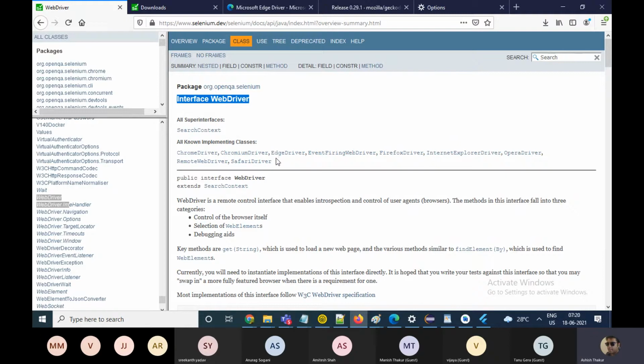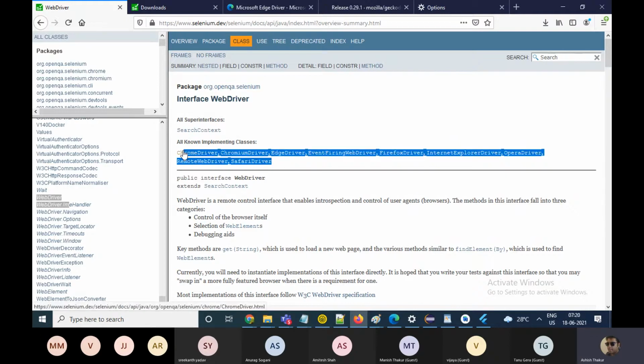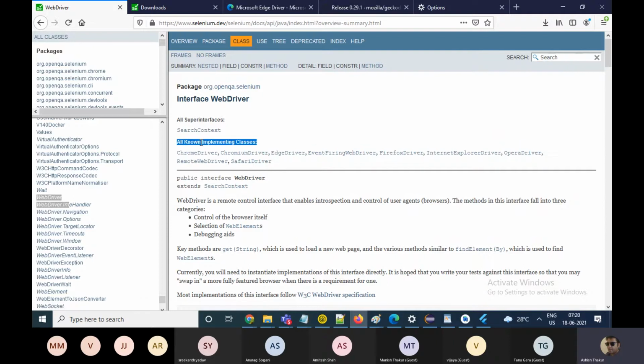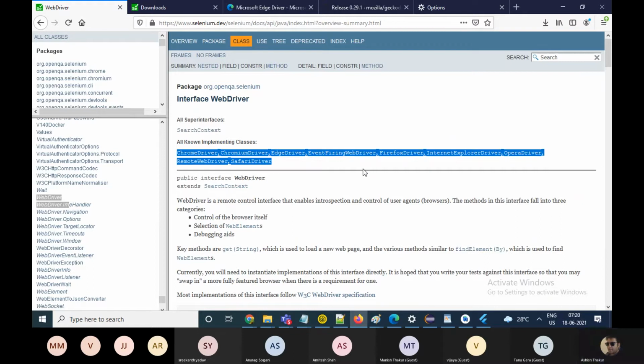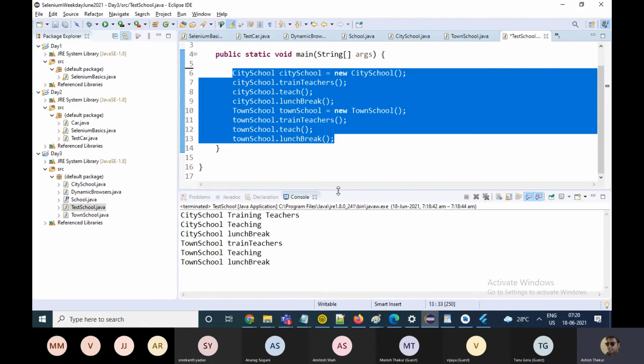And all the driver classes which we had seen yesterday, like Chrome driver, Firefox, Opera, Remote, they implement this particular interface.